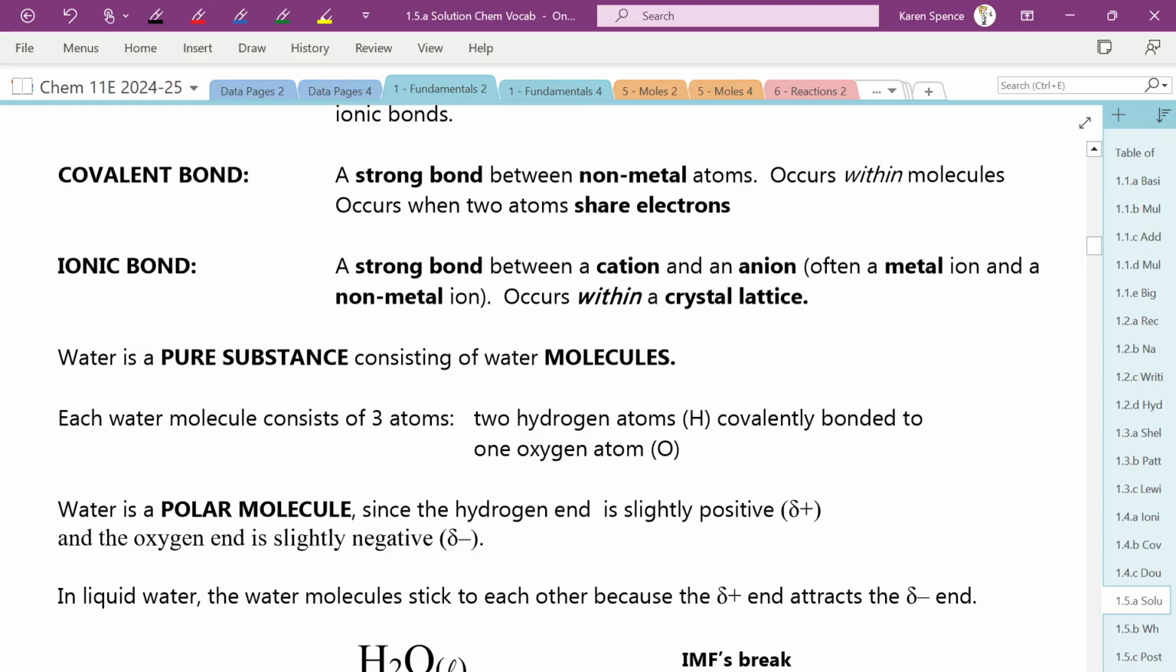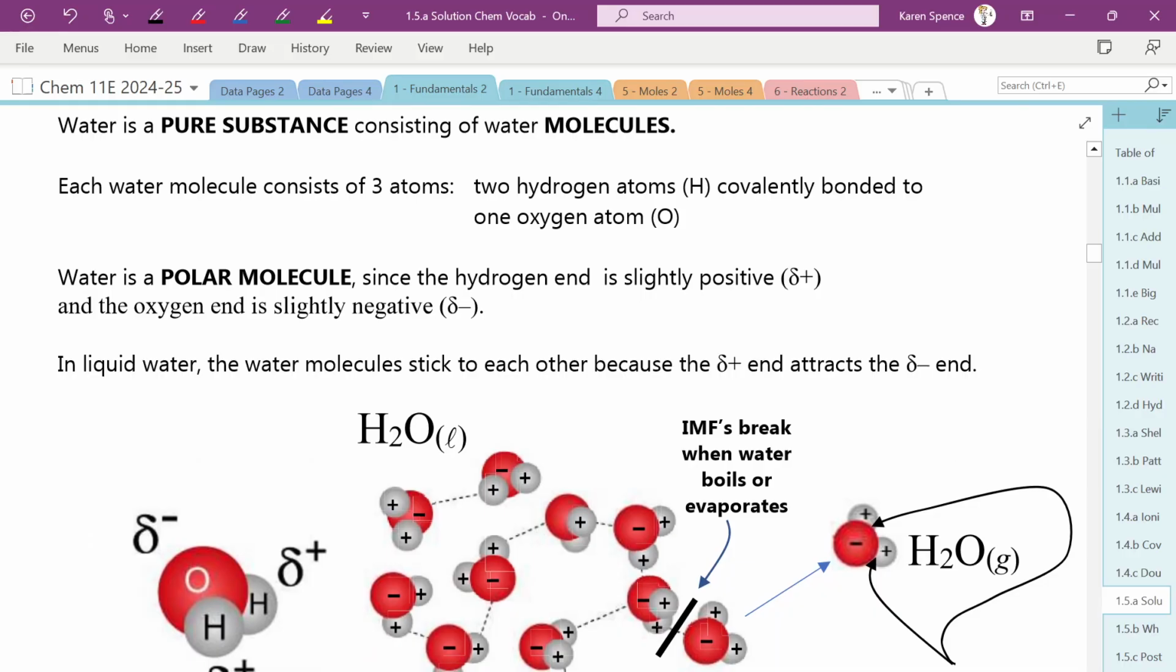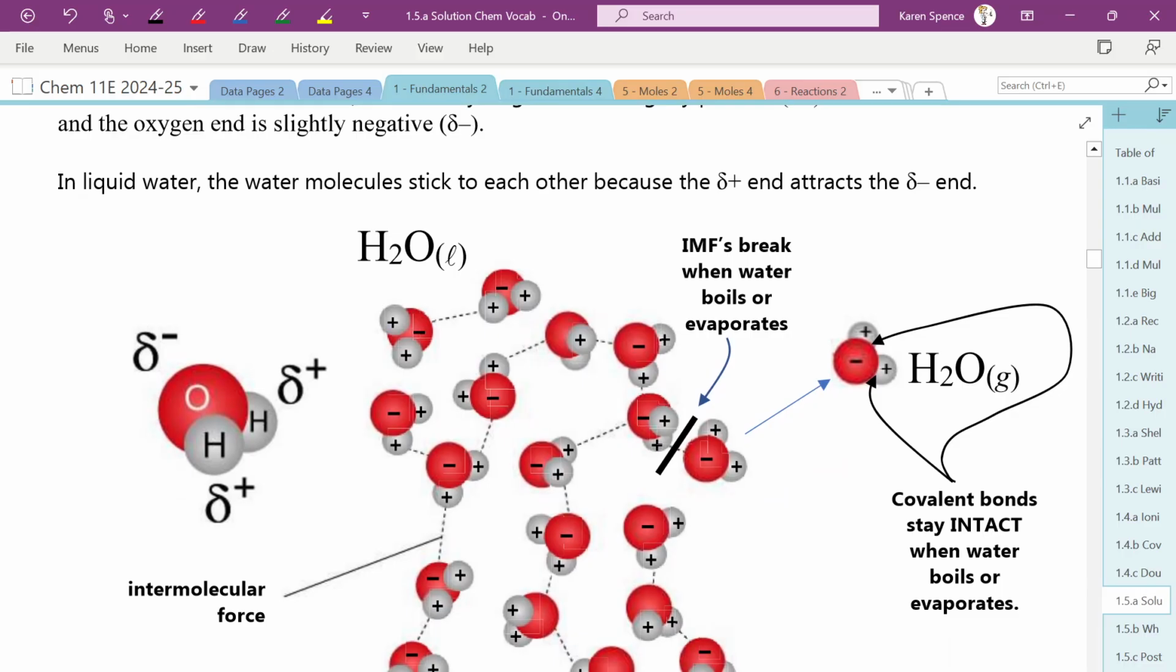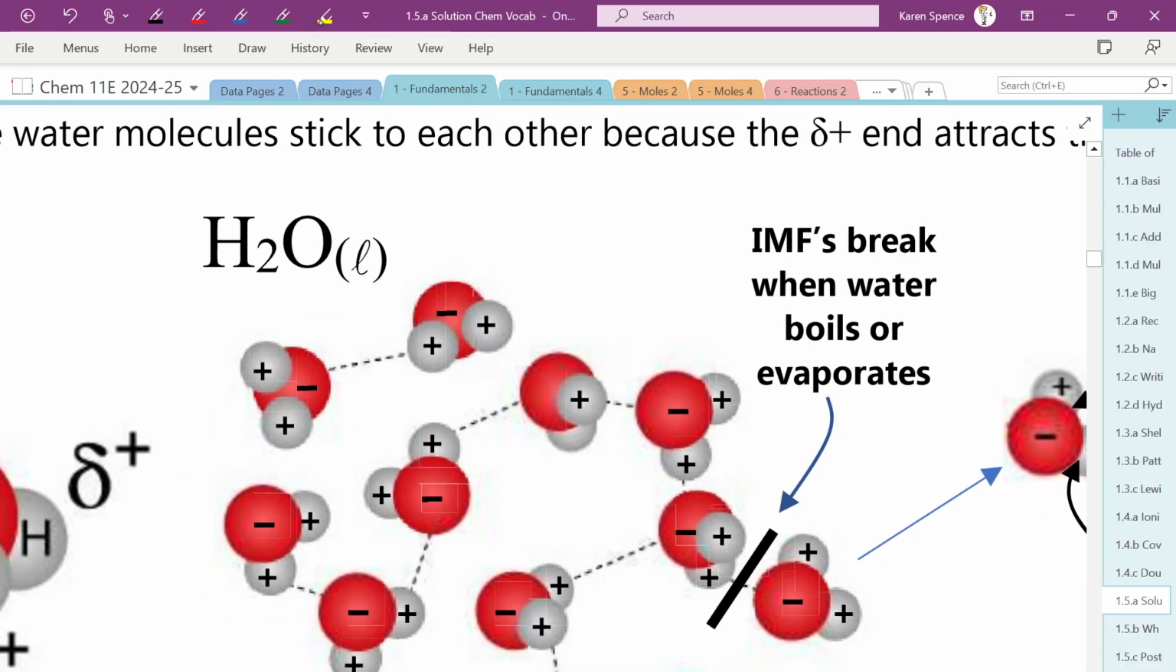Water is a pure substance. Water is a polar molecule. Look at this. We have all of these little polar molecules. And guess what polar molecules can do to other polar molecules? The negative end of this water is attracted to the positive hydrogen. So there is a force between them,